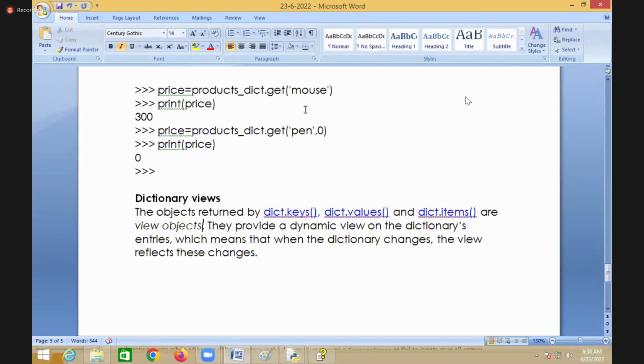View objects. They provide a dynamic view on the dictionary's entries, which means that when the dictionary changes, the view